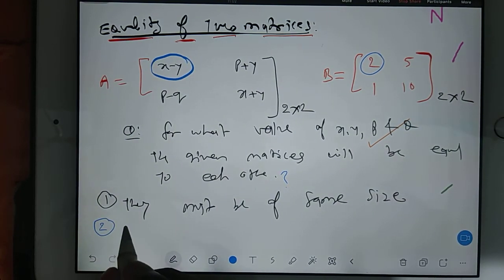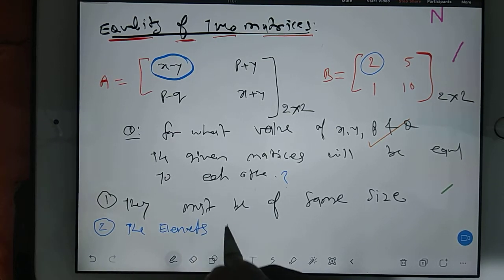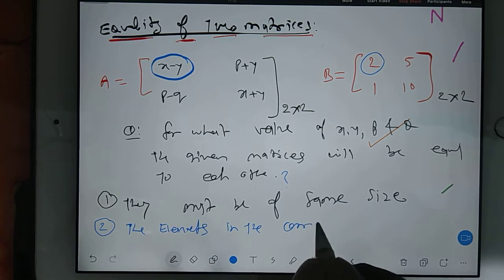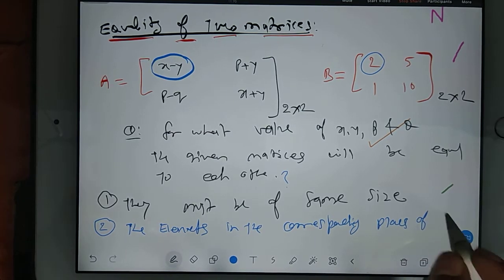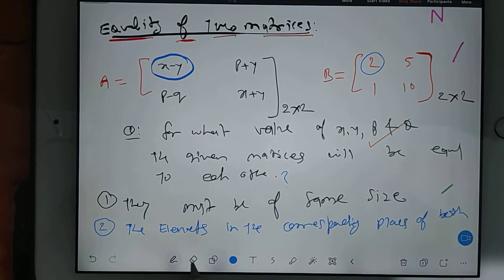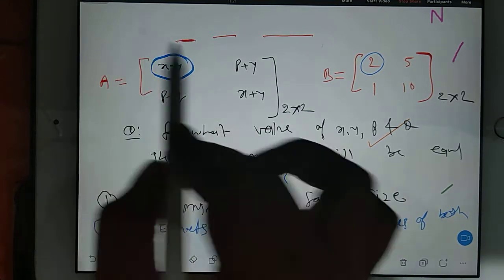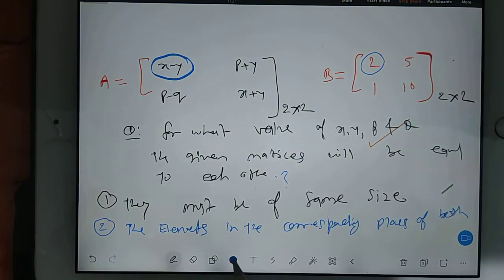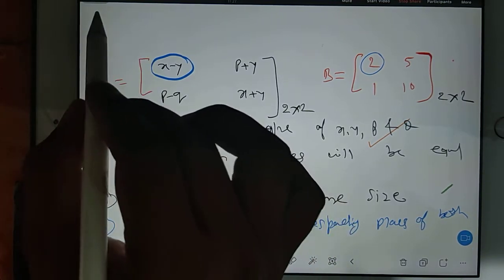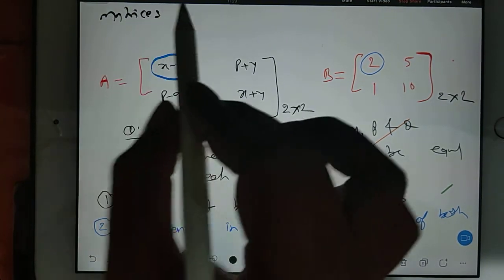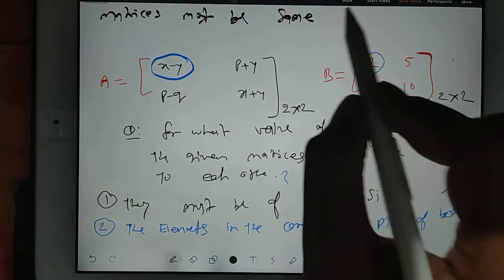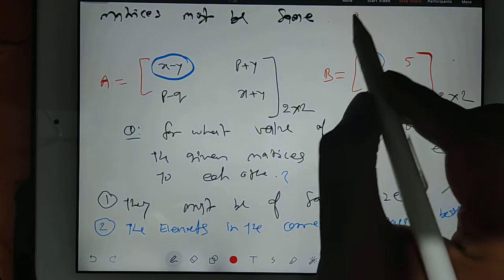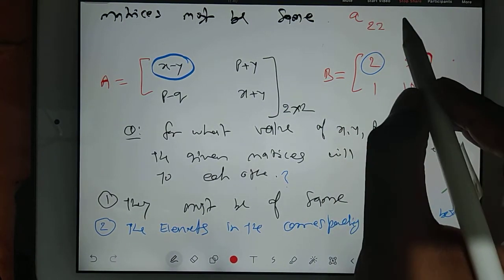You will say that the elements in the corresponding places of both matrices must be the same. So suppose I am taking any element A which is sitting at location 2 2, and this element I am copying from the first matrix,